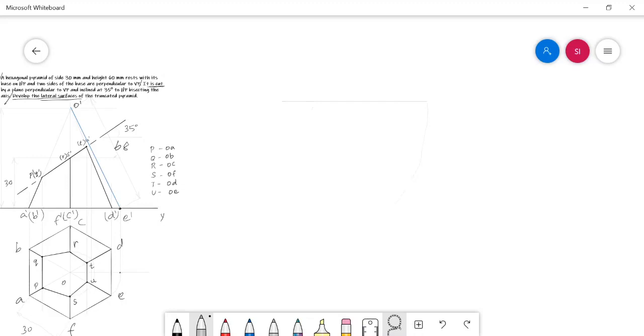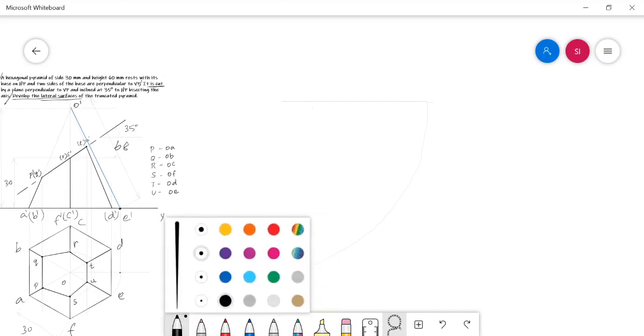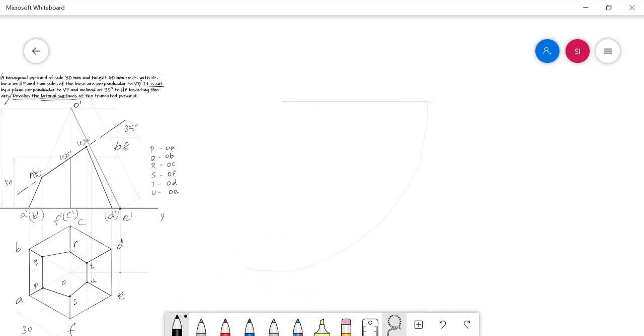This is not a perfect arc, but in this instant I am drawing it in a rough manner. And then from the extreme end of the arc, take your compass with radius equal to the base side length of the solid, that is 30 mm. From this end, cut points. Totally 6 base edges are there in this hexagonal pyramid, so I need to cut 6 points.